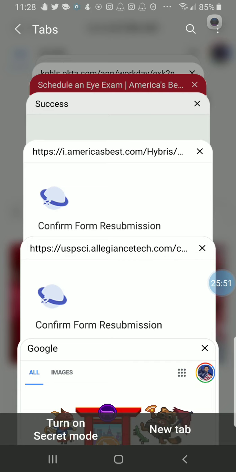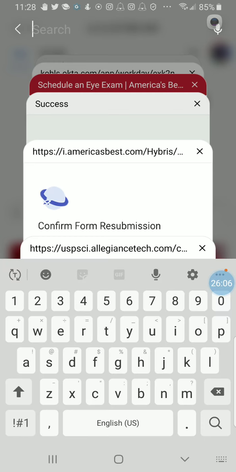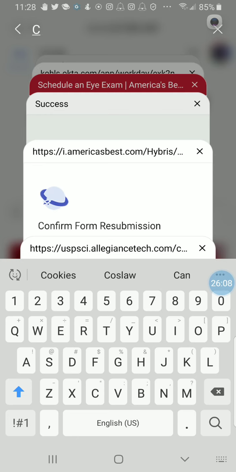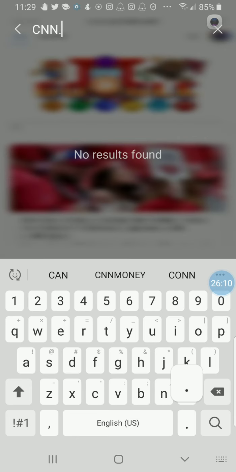A lot of times when you're surfing the web, let's say you did not type in that search bar, and let's say I were to type CNN.com, something like that.